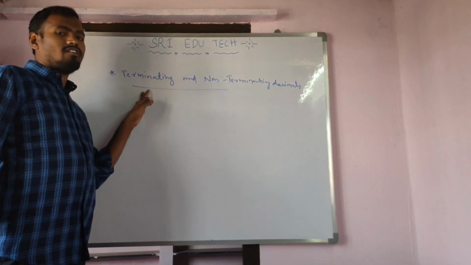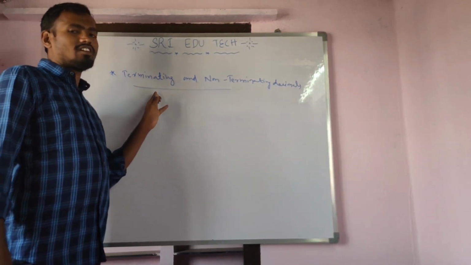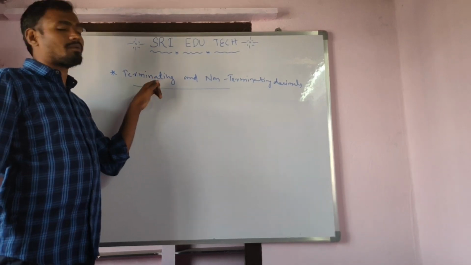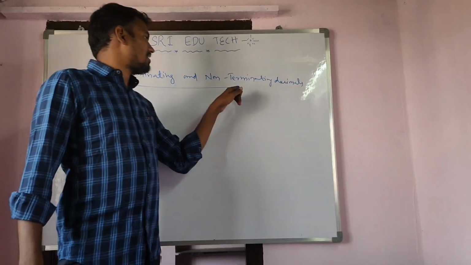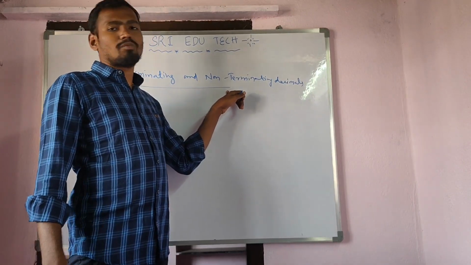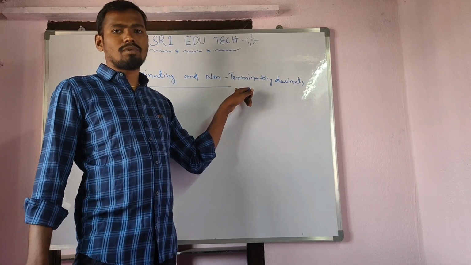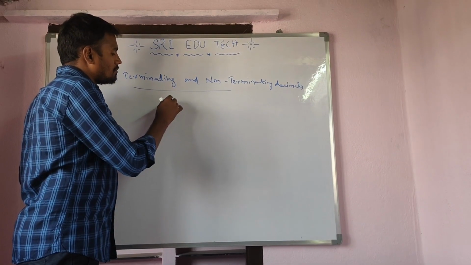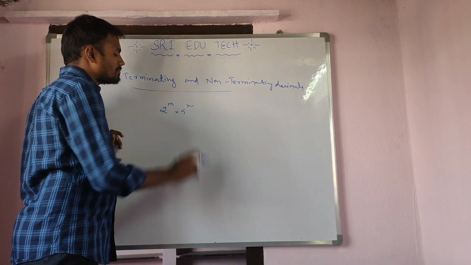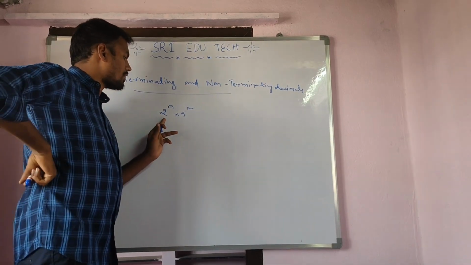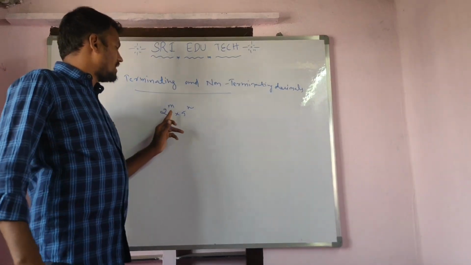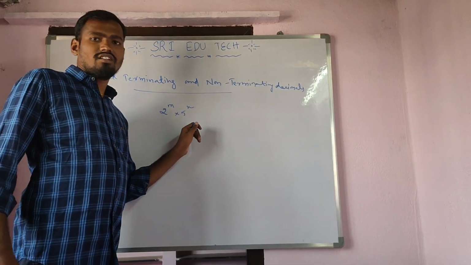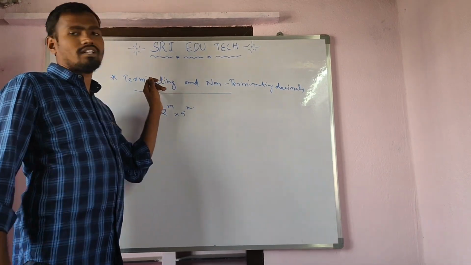Okay na? Let's see what terminating means. Whenever the number is perfectly divisible, then the remainder is 0, and it is called terminating. Whenever the number is not perfectly divisible, then it is called non-terminating. It has one formula, 2 power m into 5 power n. Whenever the denominator of the given fraction satisfies this condition, then the number belongs to terminating.